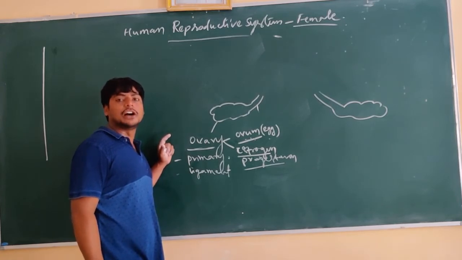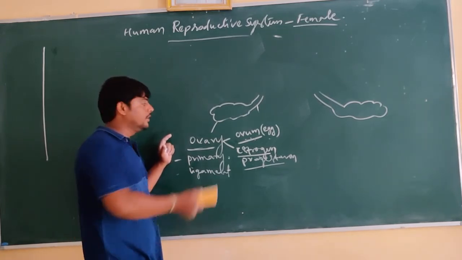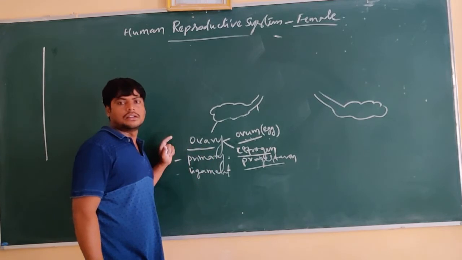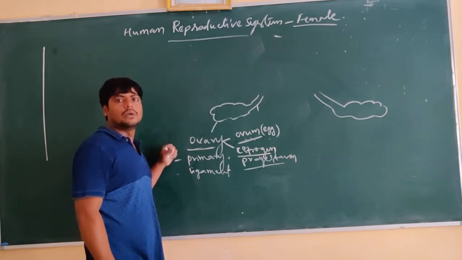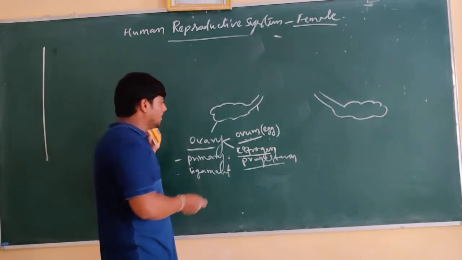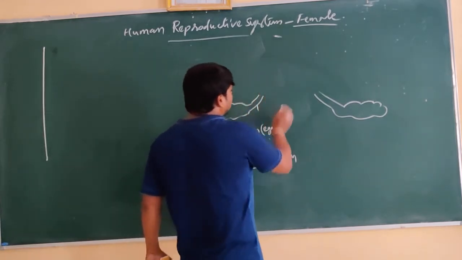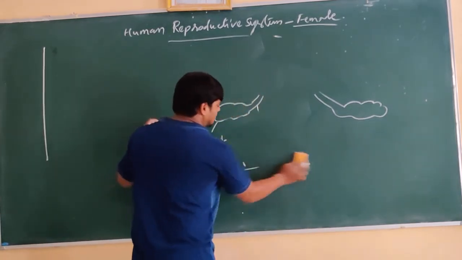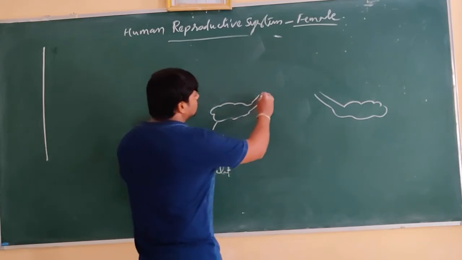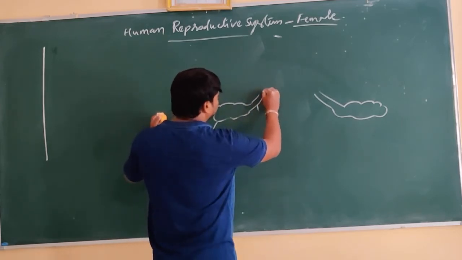around 2 to 3 lakhs of egg cells. That is the structure of the ovary. As you are seeing, this ovary is able to produce the egg cells. So these egg cells which are produced here,